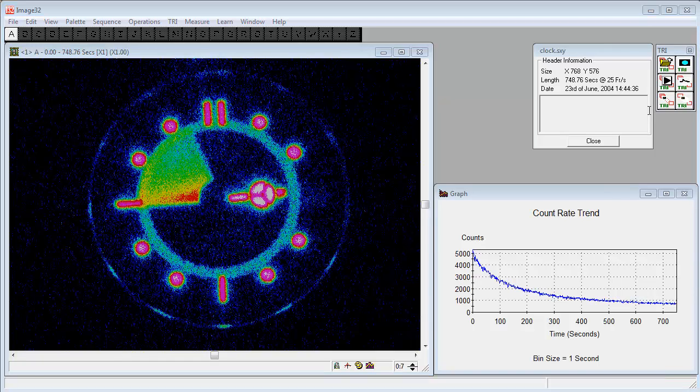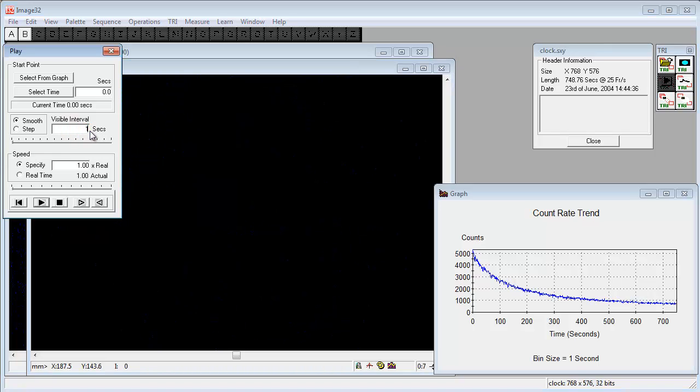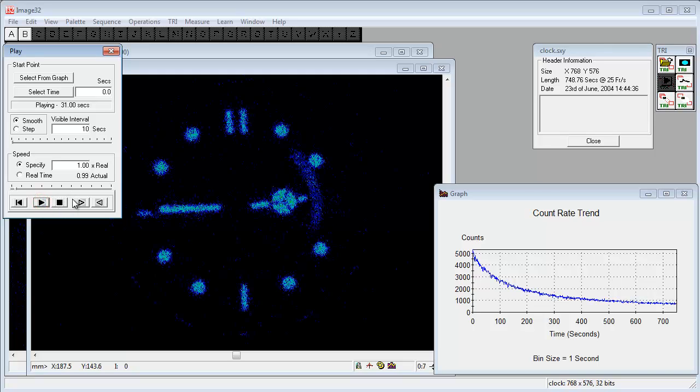We'll now have a look at the play mode, and we can do this by selecting the play mode from the toolbox icon. What we can now do is define what we call a visible time. This is the amount of the sequential XY format file that is displayed on the screen. I'm going to change this to 10 seconds, and then we'll press the play button. And what we can see now is that we've got 10 seconds worth of data from the time that has been acquired with the second hand, and that is progressing around the watch face